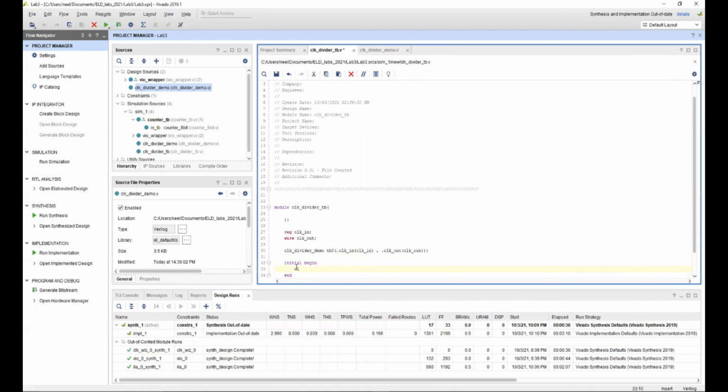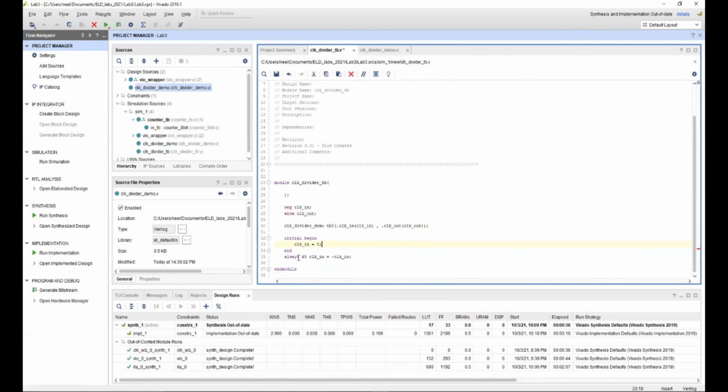We need to initialize the value of clock in first, because otherwise the value of clock in is undefined, and then we'd only be making a not operation on an undefined value, and that will give an undefined value as well. So we need to initialize this first, and then we can make this clock. Every 5 nanoseconds the clock value changes from either 0 to 1 or 1 to 0, so this clock has a time period of 10 nanoseconds.